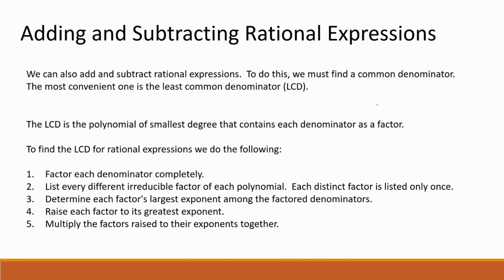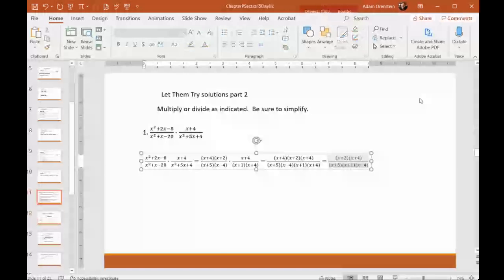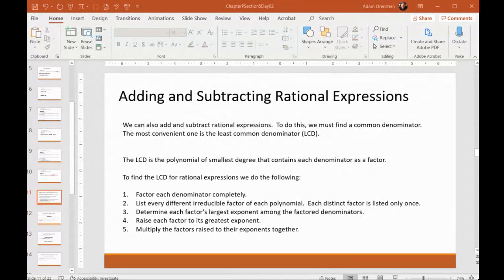So basically, it's the same rule as with adding and subtracting fractions of integers, rational numbers. And also, just like with rational numbers, you can theoretically use any denominator you want, but there is a best choice, though. There is a so-called best